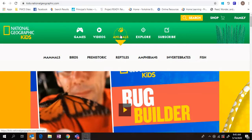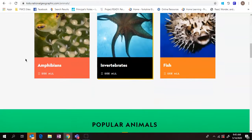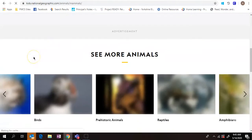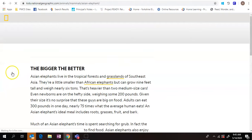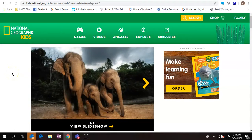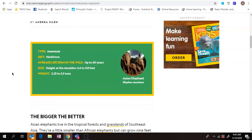So if you're interested in animals, you click up here. You can then choose the type of animal you want to learn about. Let's say I want a mammal. And then I want an Asian elephant. So I click there, it'll open up an article. Unfortunately, it won't read it to you, but you can read it yourself if you can, or look at the